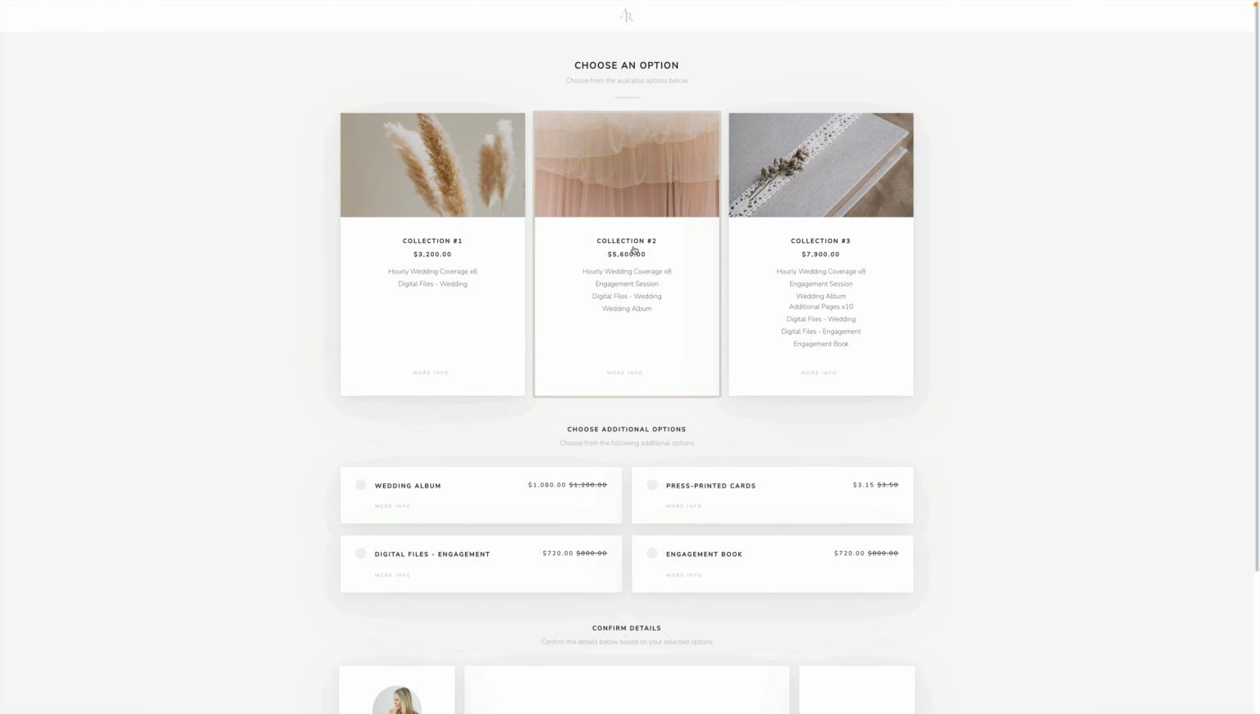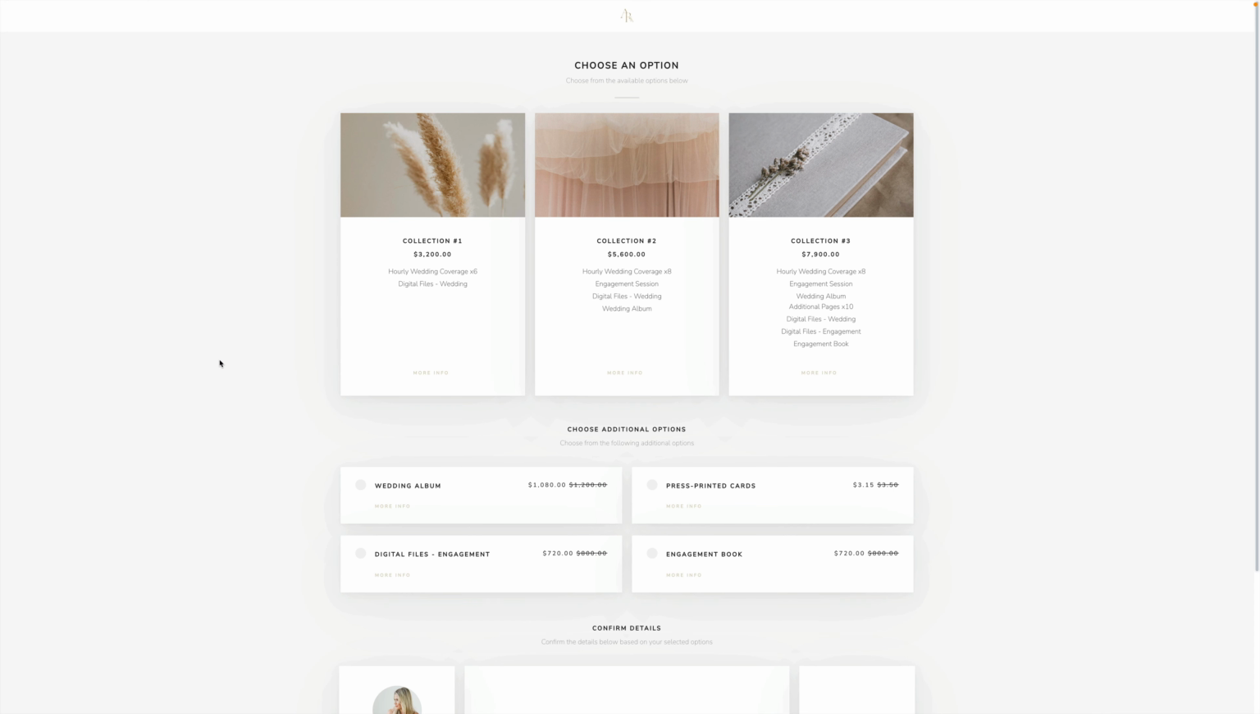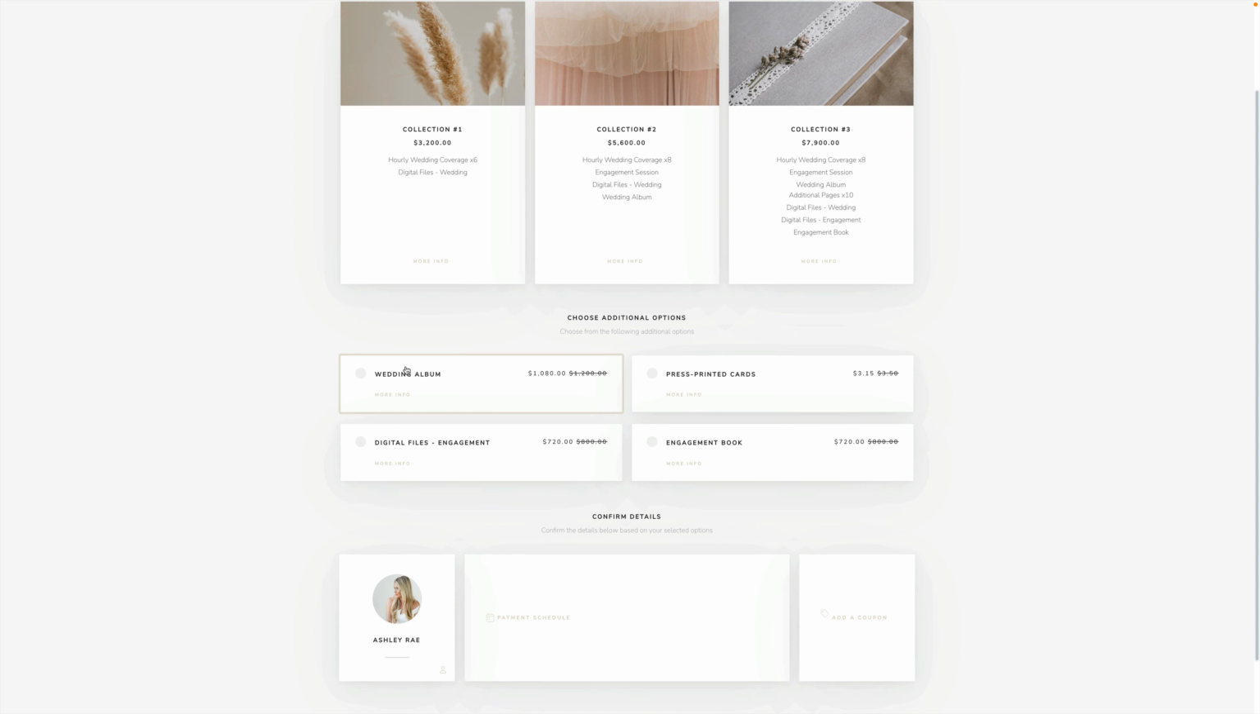So first they have three options, collection 1, 2, and 3. And again, if I just flip back to the back end here, here's collection 1, 2, and 3 that we've built out here. And just below it, we have the a la carte items: wedding album, press printed cards, digital files, and engagement book. And you can see here that the price is actually crossed out because we have show